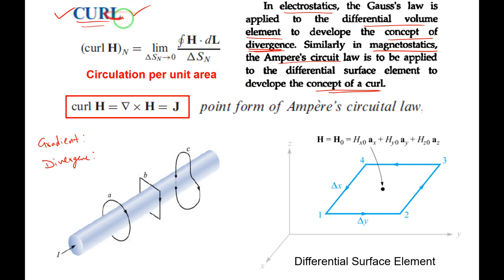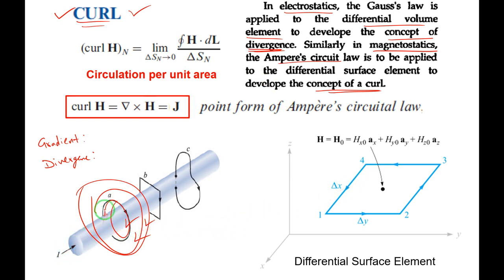Curl is suitably applied for the magnetic field intensity, because the magnetic flux lines are surrounding the conductor. Whenever the current I is flowing through the conductor, let me take this conductor, with current I flowing in this direction. By using the right hand thumb rule, we can calculate that the magnetic flux lines are in this direction. They have a circular nature. At that time we can apply the curl. I hope you understood what I mean to say.